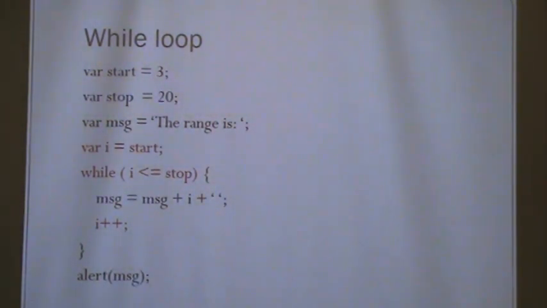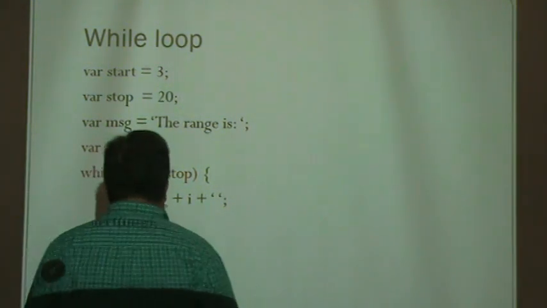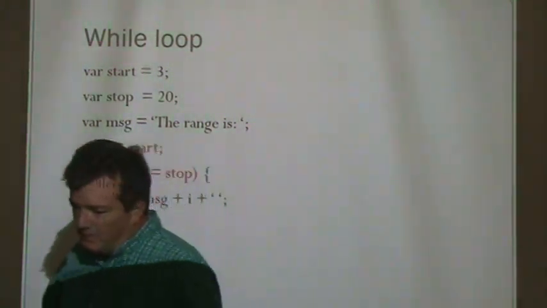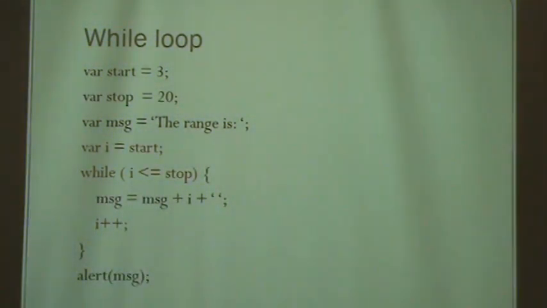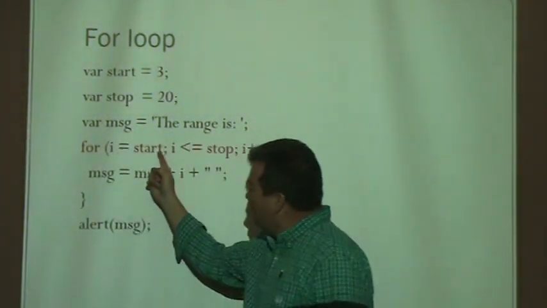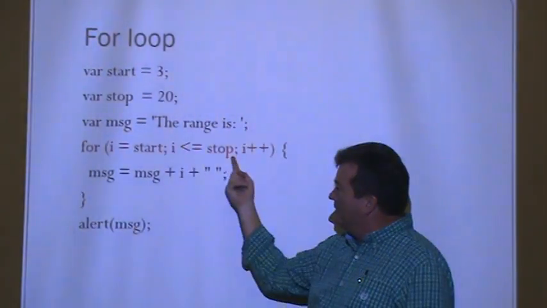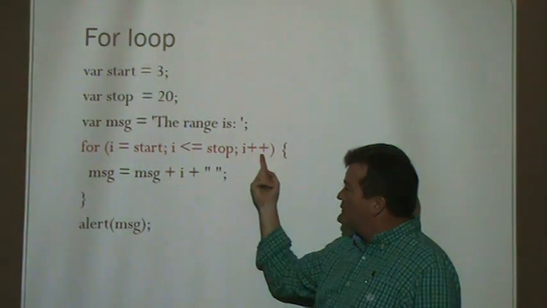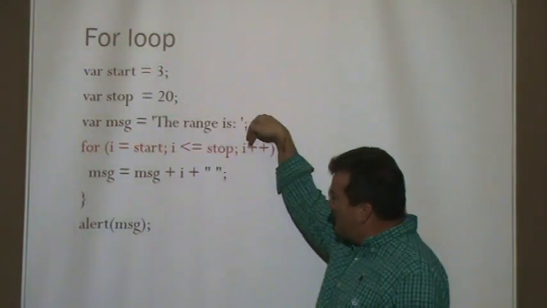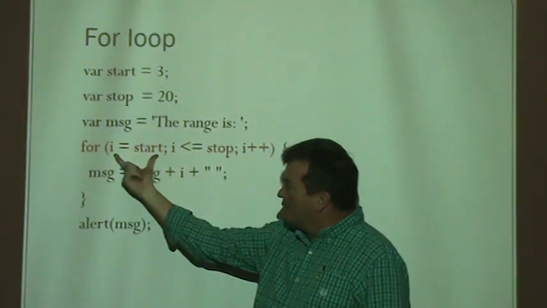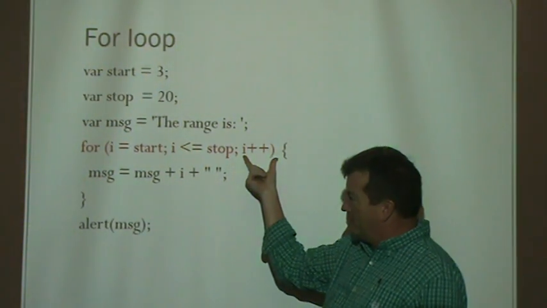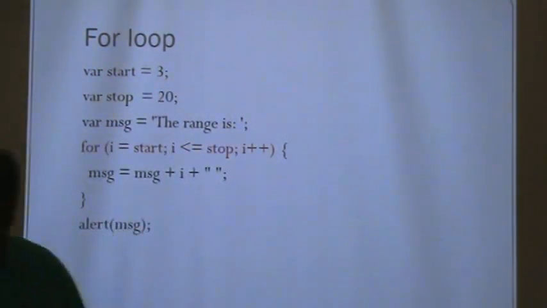Well, one advantage maybe down the road is the stuff we're doing to initialize might be more than one line of code. Just look at what's in red, and I'll go back one to the for loop. Here's the first line before the loop. Here's the Boolean statement that's either true or false, and here's what we do at the end of the loop. With a for loop, I'm forced to put them up top. I only have room for one line of code here, and I only have room for one line of code here. When I do the while loop,